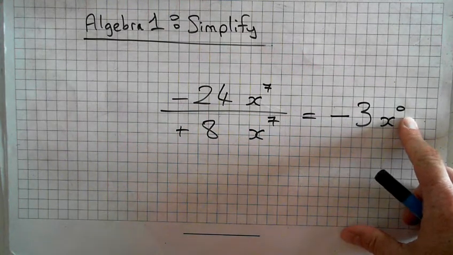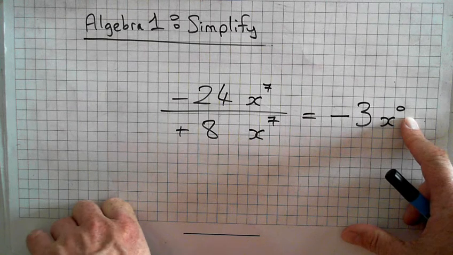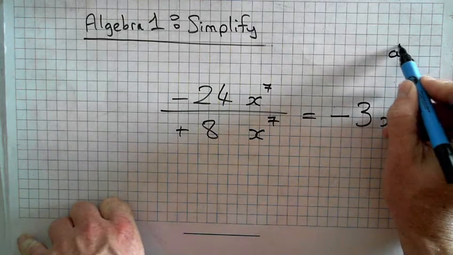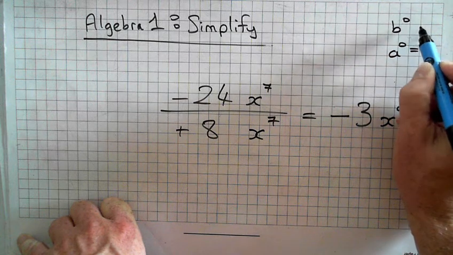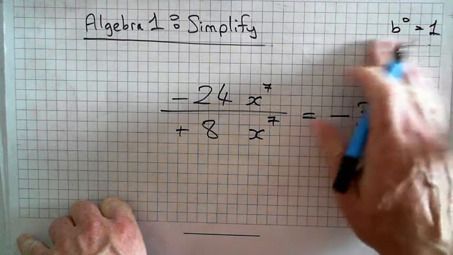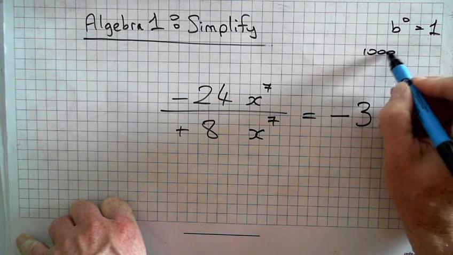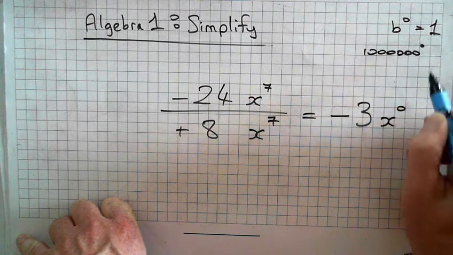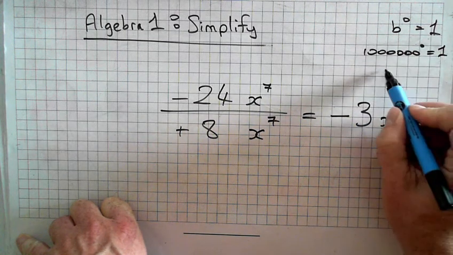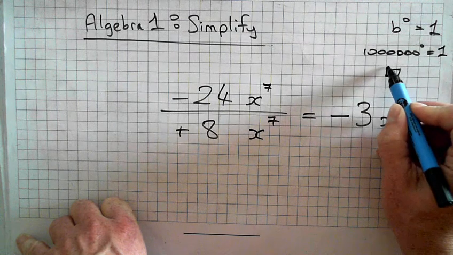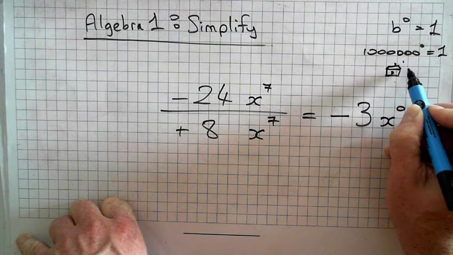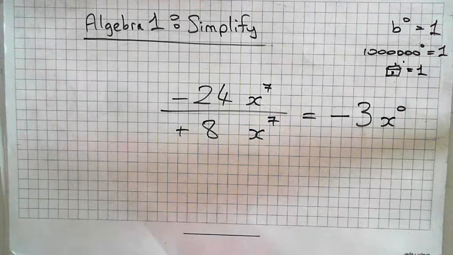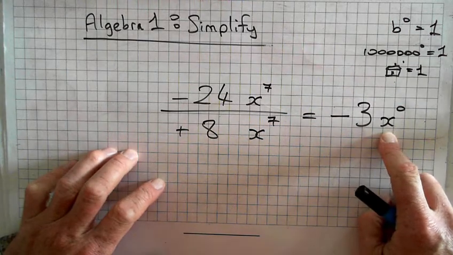X to the power of 0. X to the power of anything. So if I have a to the power of 0, 1. B to the power of 0, 1. If I have a million to the power of 0, 1. If I have a house to the power of 0, 1. X to the power of 0